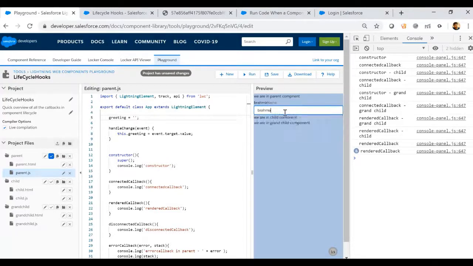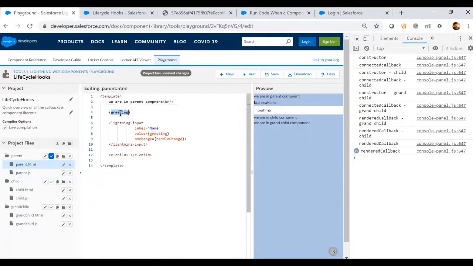You see here I am entering my name, Brahma, and it calls this handle change event handler, which takes the value that I entered in the input element and sets it to this property. As it is a reactive property, it renders the component again. So whatever I entered here is displayed, and that means the component is rendered, showing that dynamic behavior.